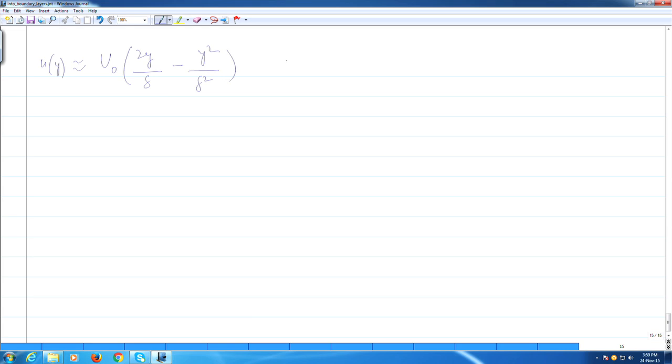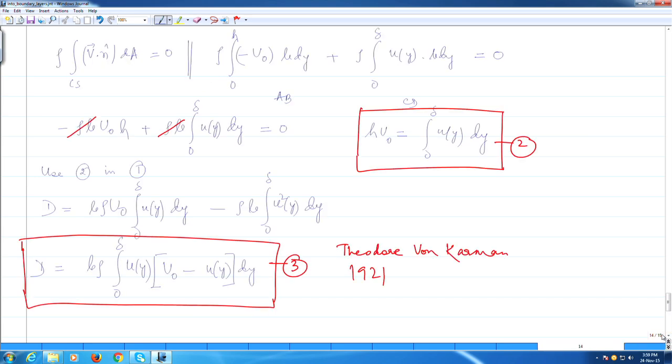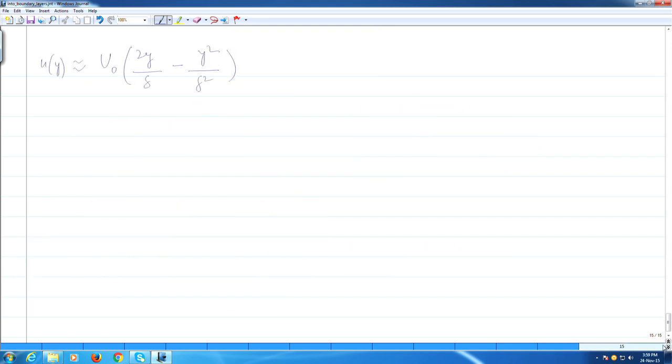Okay. So, this is the expression for u(y). So, this is between 0 and delta. Okay. So, if I use this for an expression for u(y), and then we substitute it into this expression for drag given by equation 3, then